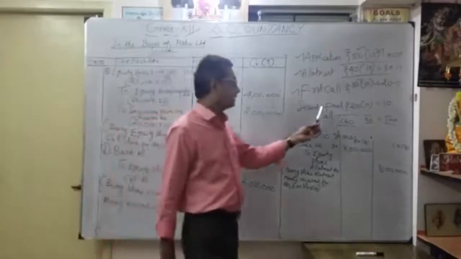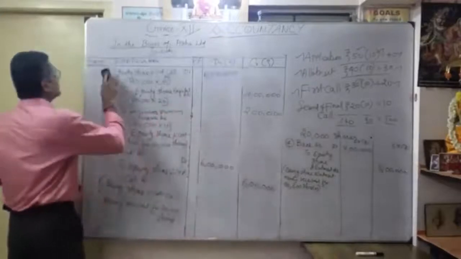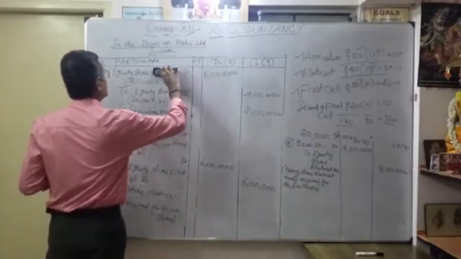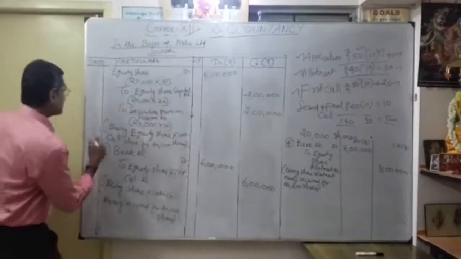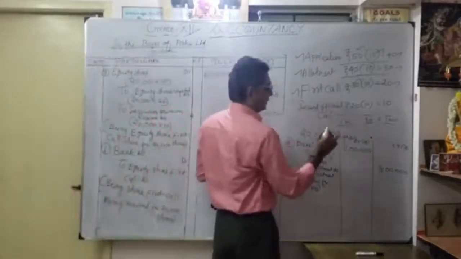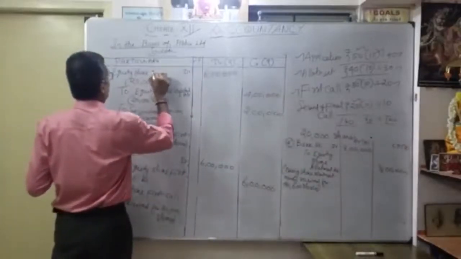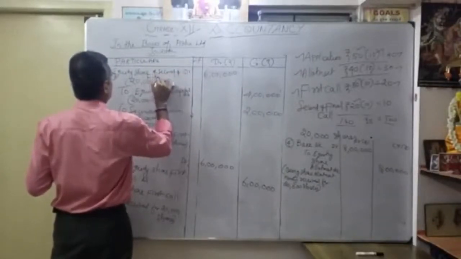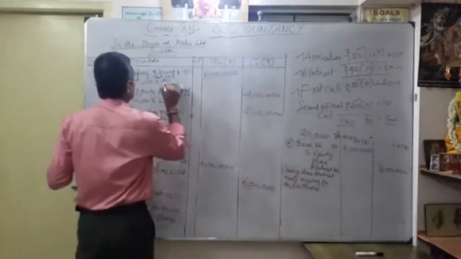Now moving on to our second and final call. Write it in the same manner. As the sixth entry, I make this my seventh entry. Here I am only changing that. What is it? Equity share second and final call. First I have to account for 20 rupees. How to write? Equity share second and final call. How much? 20 rupees. So I will change it here to 20 rupees.